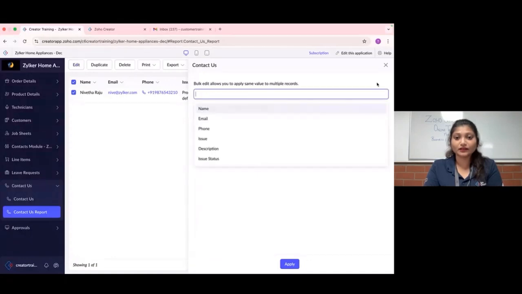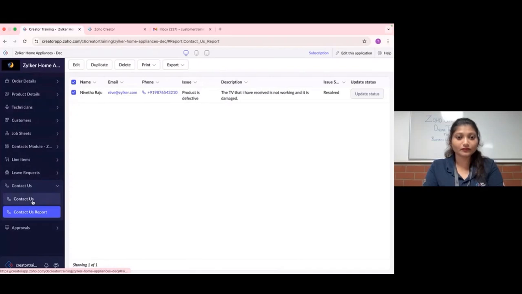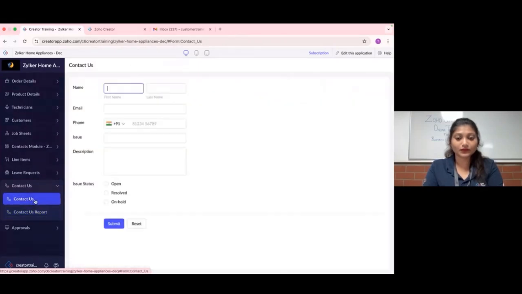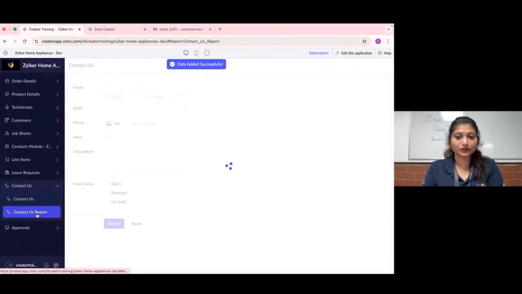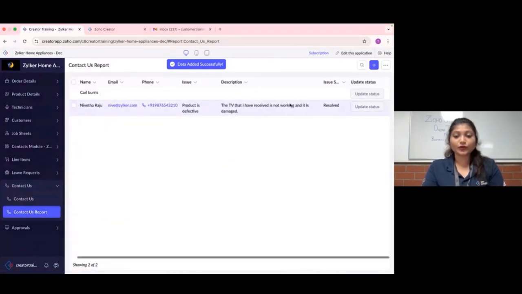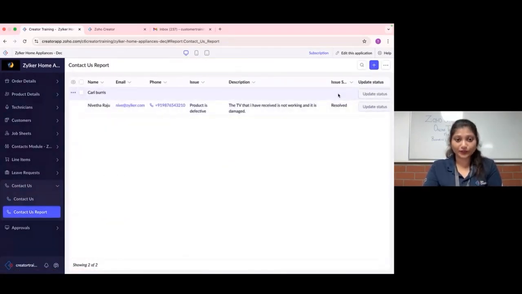If I add another data, for example, right now you can see there is no status that we have given, right?